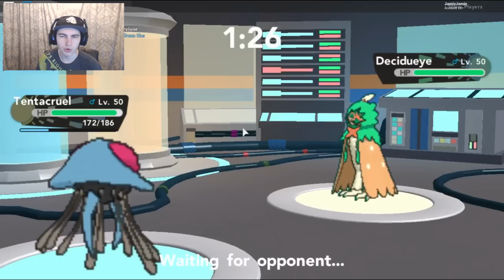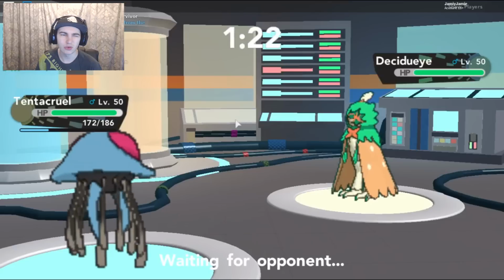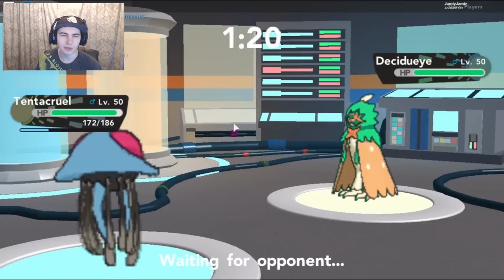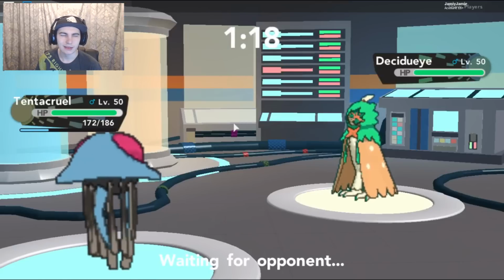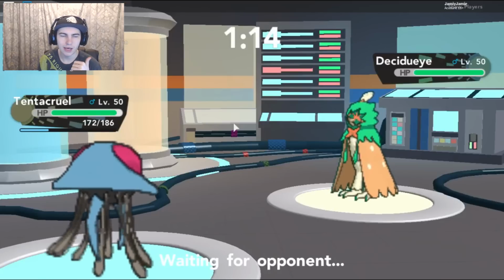Okay then, let's go for a Knock Off on the Decidueye. That should be fine. I have got the, oh wait, no, Tentacruel is kind of quick, so he will probably outspeed me. So I guess that's fine. If he swaps out, that's fine as well. Other than that, we have